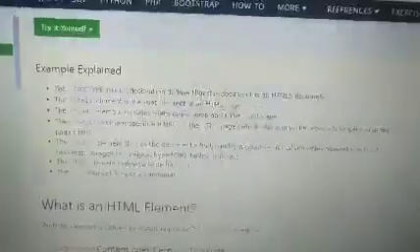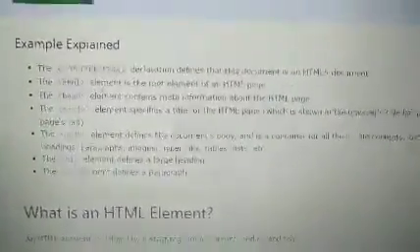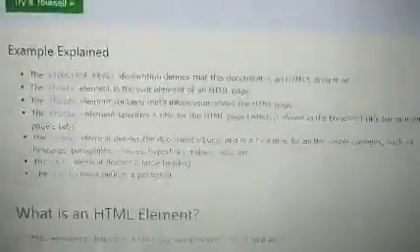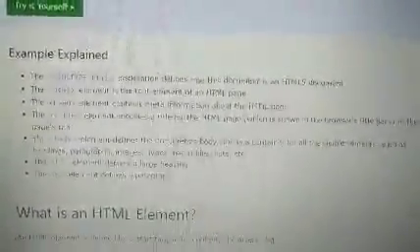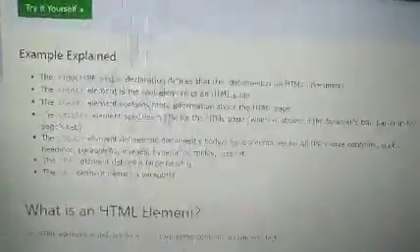Next, the HTML element is the root element of the HTML page. Where the HTML starts is denoted by the HTML tag. Next is the head tag. This element contains the meta information about the HTML page. Next is the title. It is an element that specifies the title of the page, which is shown in the browser in the title bar of the page tab, not in the body section.